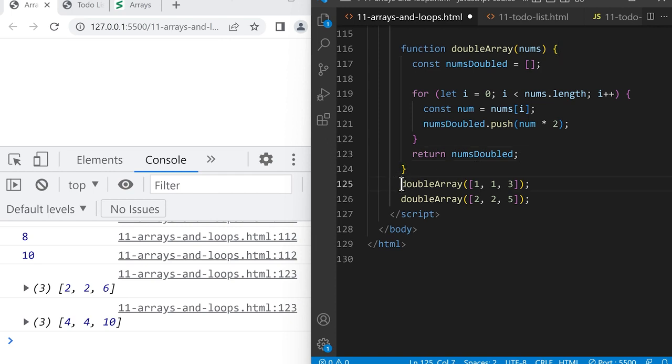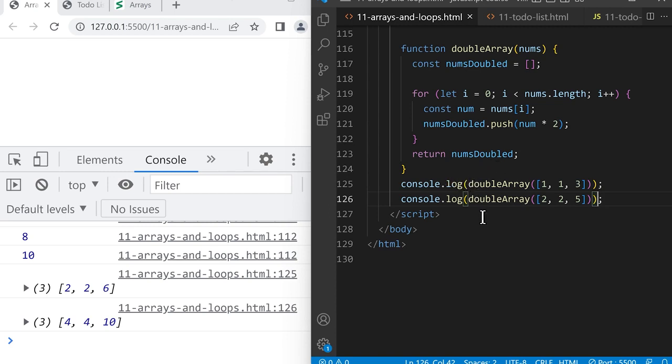And here, we're going to console.log the result. And save. So this does the same thing as before, except we're returning the result and console.logging outside of the